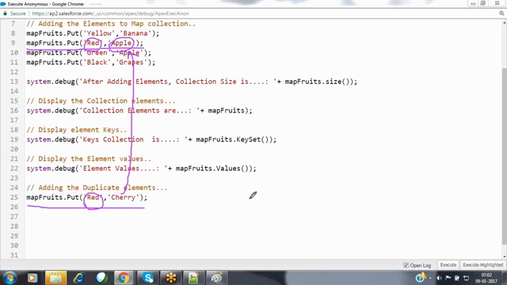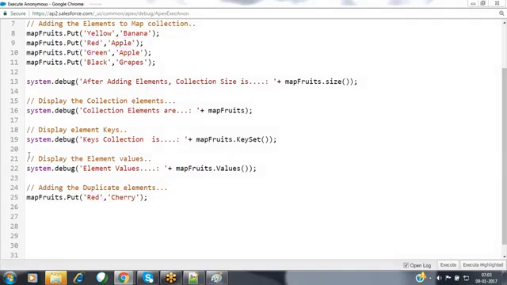Previously in the list collection, we discussed that whenever we add duplicate elements, they will get added. In the set collection also, we discussed that whenever you add a new element with the same element name, it will simply ignore that operation. It won't show any error message. Here also, it won't show any error message. Whatever new element you add, the new value will override the old value for the same key. Now, let's see that practically.